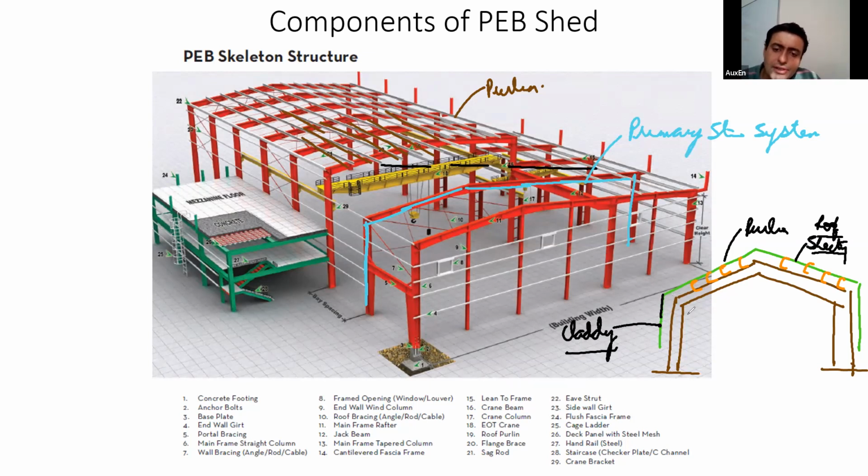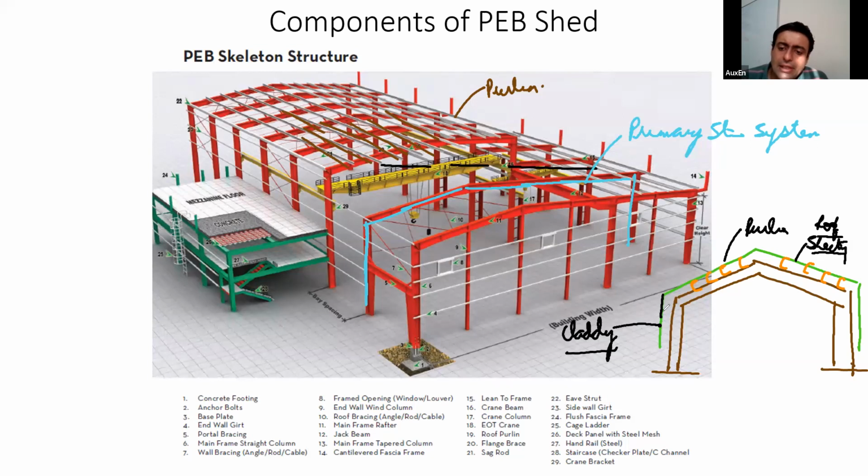Why are we covering our structure? Because we don't want to have a bare frame. What you see in this diagram right now is a bare frame structure. You don't want to keep your structure bare. You will be wrapping it up, just like we wear clothes. Similarly, you are going to provide clothes to your structure. So that clothing, when we do it on the top, we call it the roof sheet. When we do it on the sides, that is called cladding.